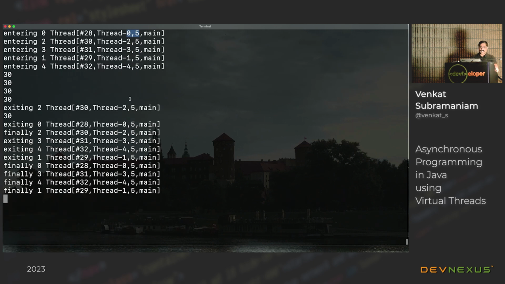And then you can see that in thread 2, they made life really easy. The index name and the thread numbers are the same. We printed the size, but did you notice that the 2 was exiting with the 2, much like 2 was entering with the 2? And similarly, finally, if you look at 2 for the finally, that's thread 2. So that gives us an indication that the threads were being held hostage, isn't it?